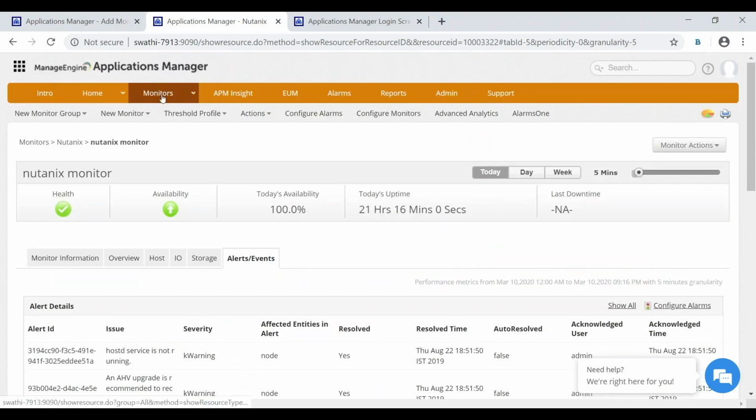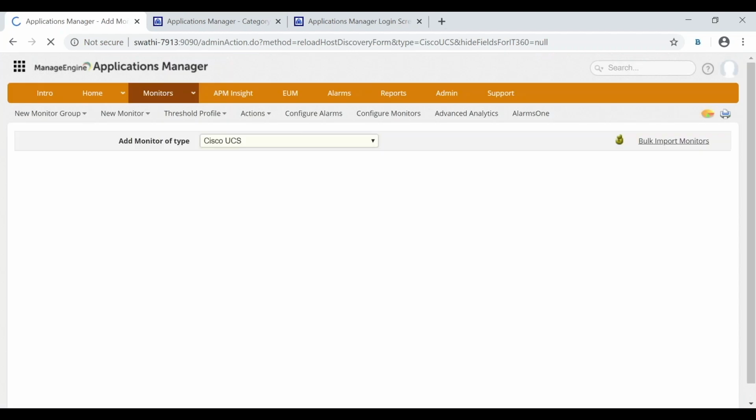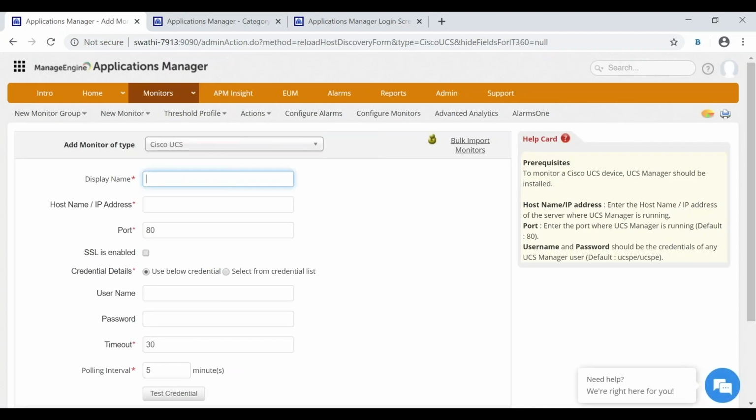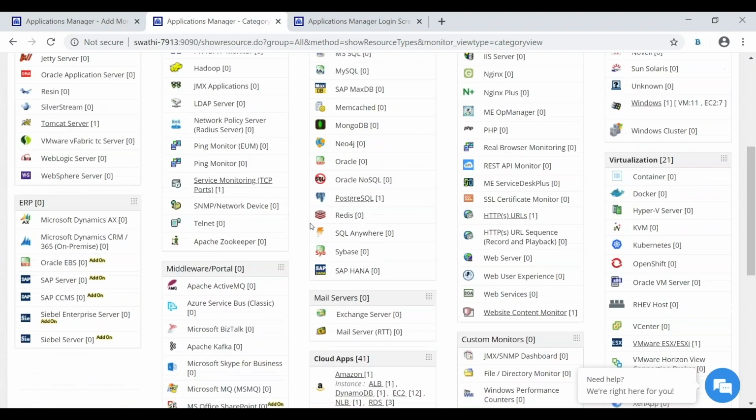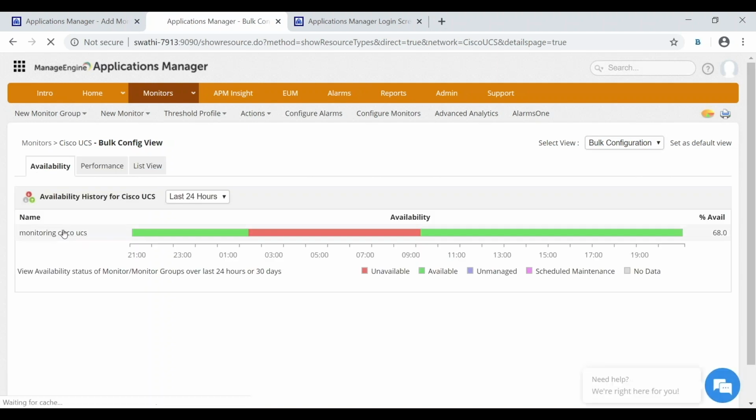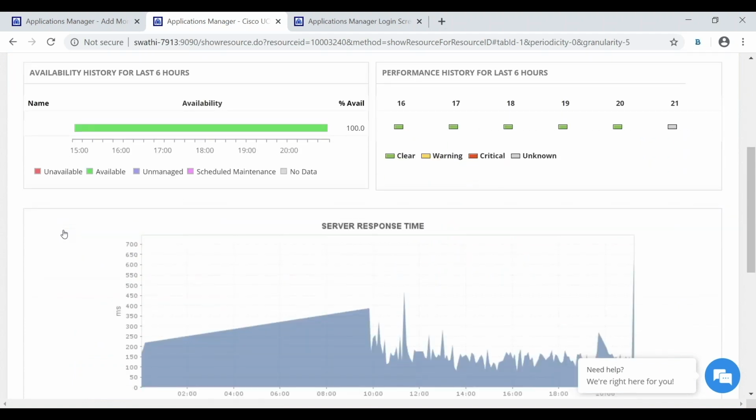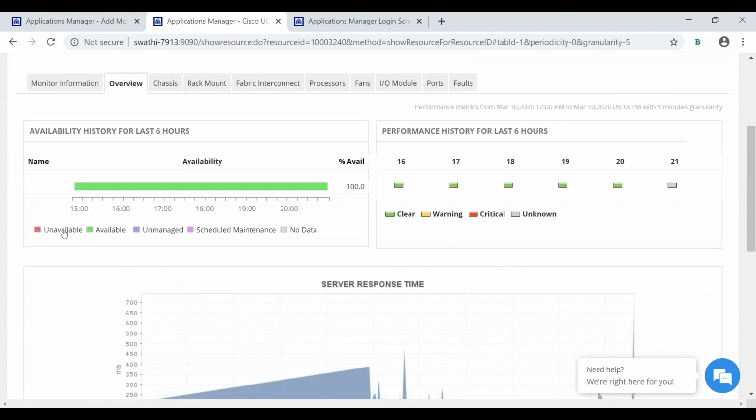Now, similar to the monitoring of the Nutanix hyperconverged infrastructure, we also have Cisco UCS, where the information that needs to be provided is the host name or the IP address of the Cisco UCS device and the credentials. Once this information is given, we have to go ahead and look at the newly added monitor, which is Cisco UCS. Now, the Cisco UCS has various metrics available for monitoring, which includes the chassis, the rack mount, the number of processors, the fans, the input-output modules,